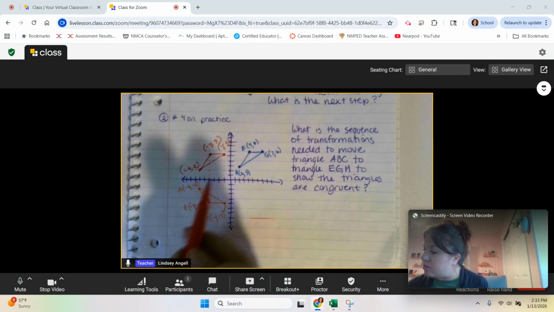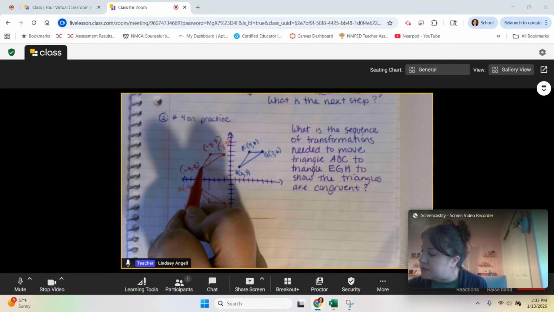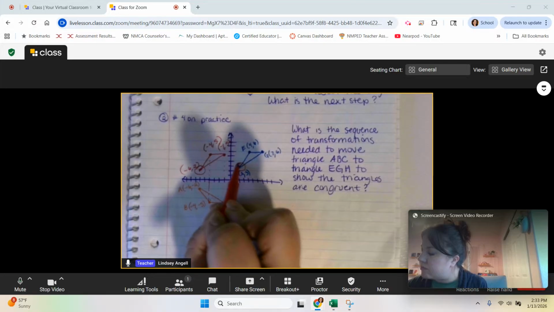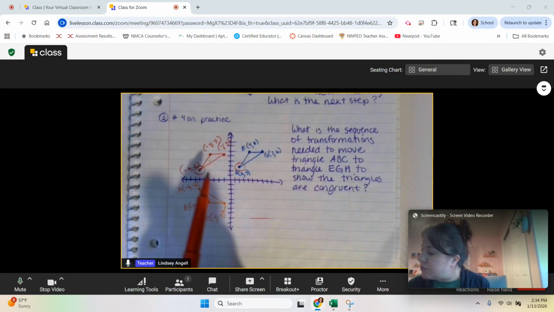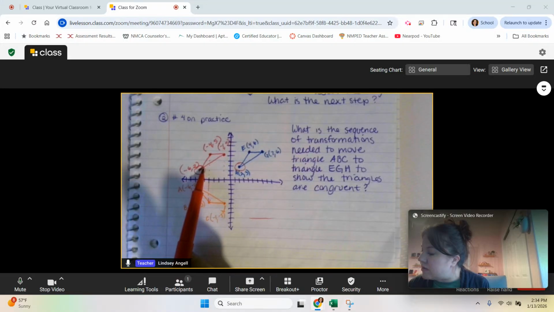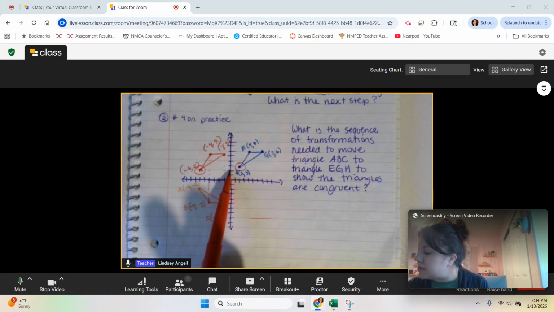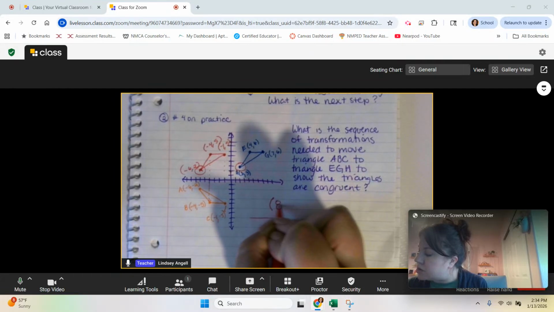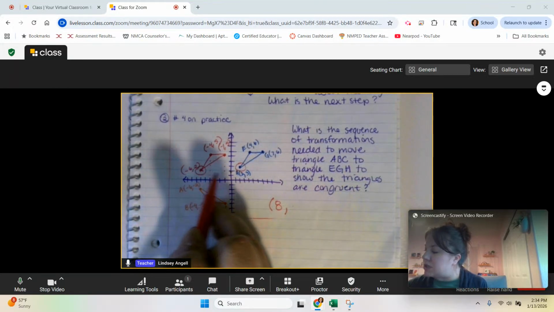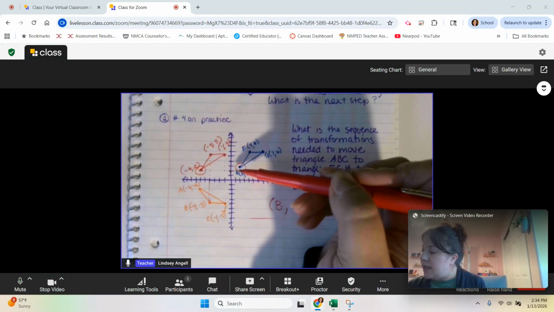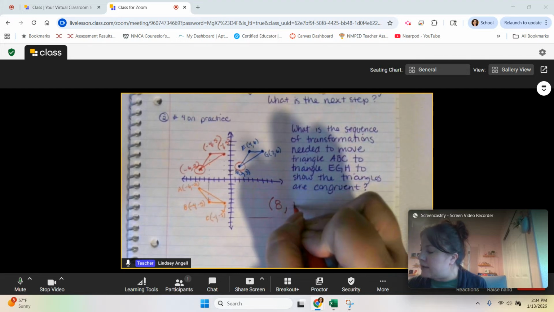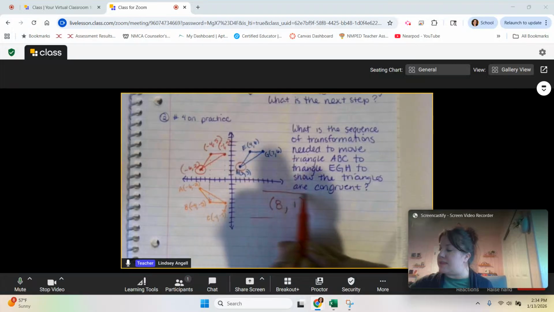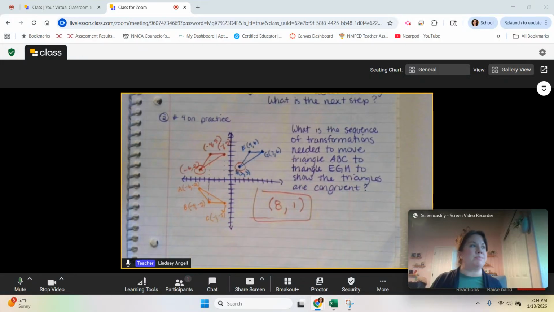So one thing, I'm going to focus on this point here. Okay, so for my x value, we were at -6. Well, to get back to 0, that's 6 over, and then we go 2 more. So then our translation would be 8 to the right, and then we only went up 1. Okay, so (8, 1). This would be your final answer,